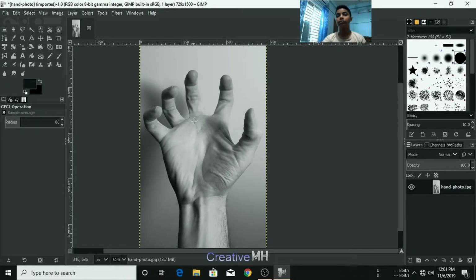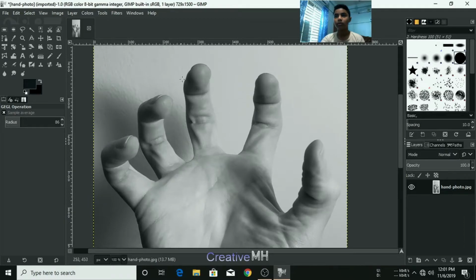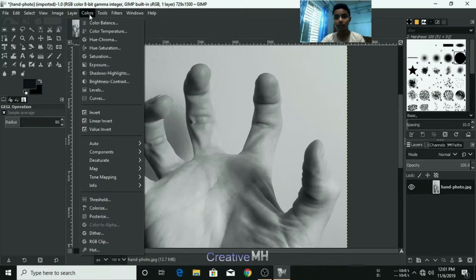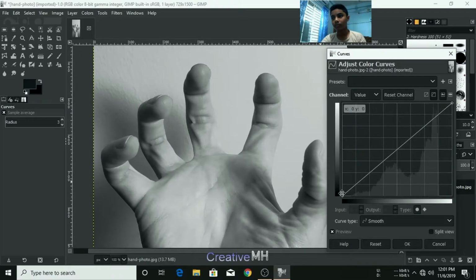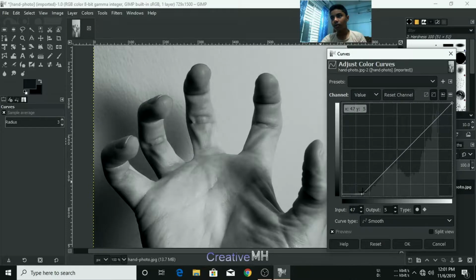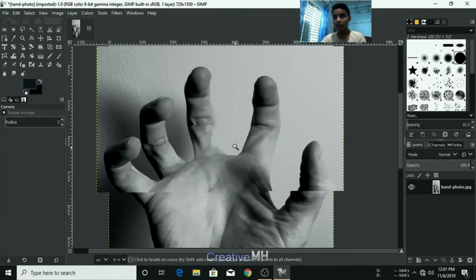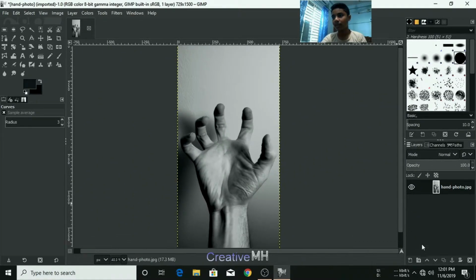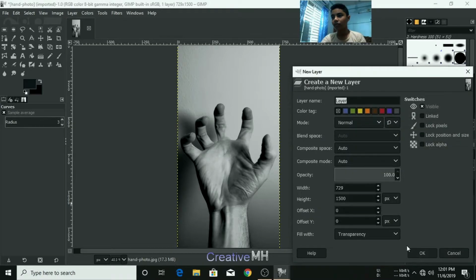Now I want to make the shadow a little bit darker, so go to curves. I think this will be good. After that, just create a new layer from here, fill it with transparency,